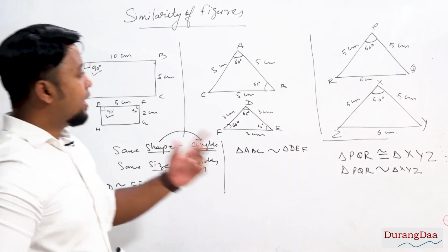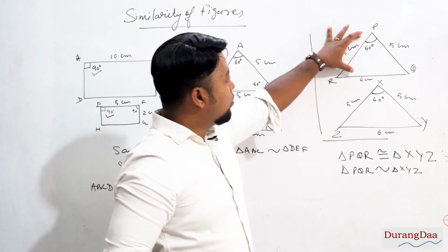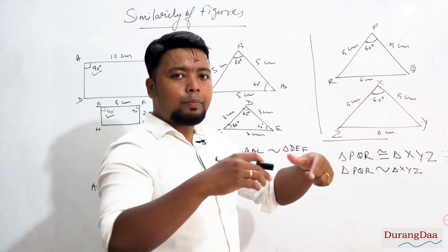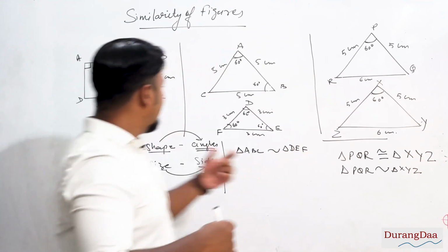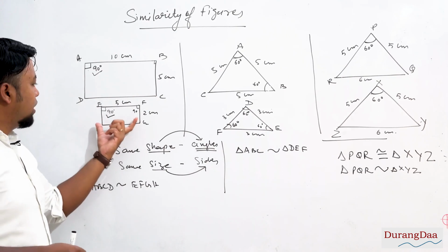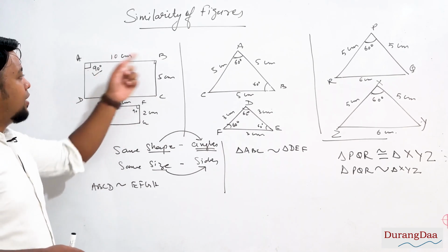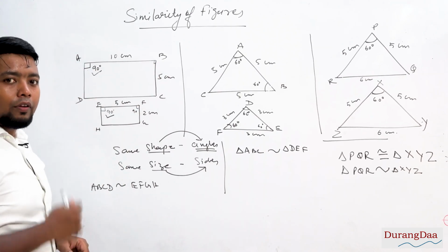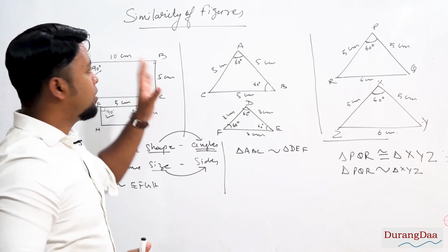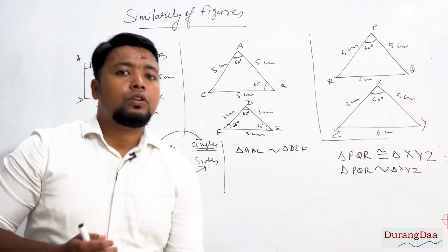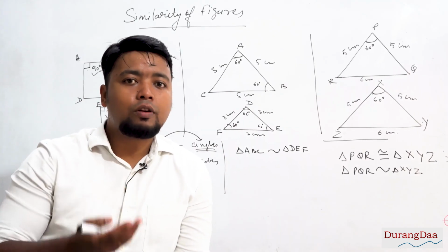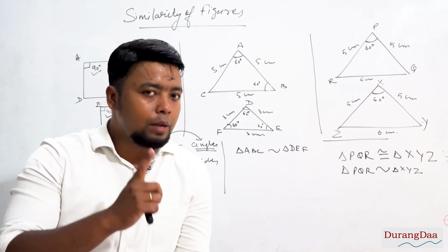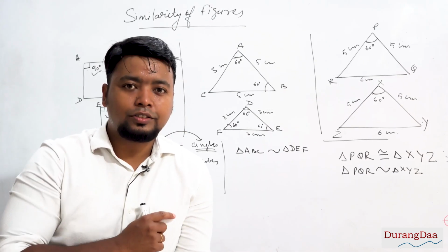Keep in mind that in congruency, if you place this figure on top of this figure, it will exactly overlap it, it will cover it. But in similar figures, if you place it on top of it, it may or may not merge with the other figure, alright. I hope you understood the meaning of similarity. Now we will move on to some conditions which are required to prove any two triangles similar. We will just focus on one type of figure, which is triangle, in this chapter, okay.